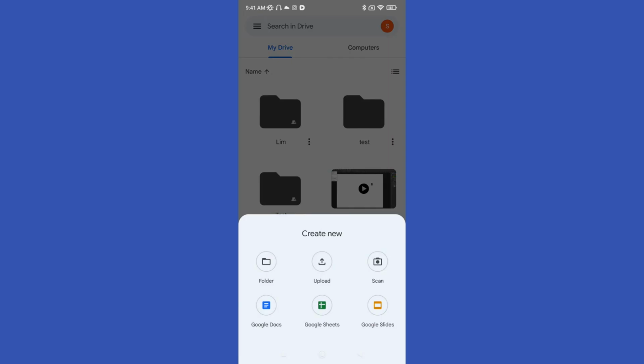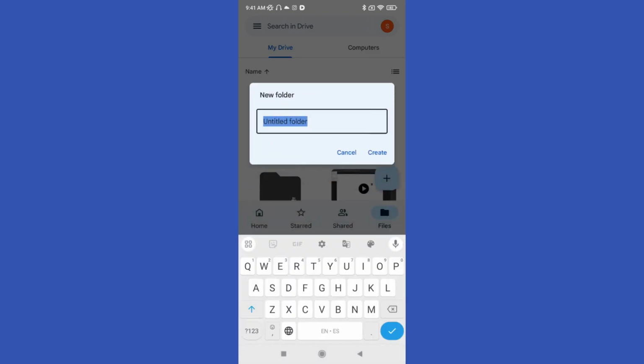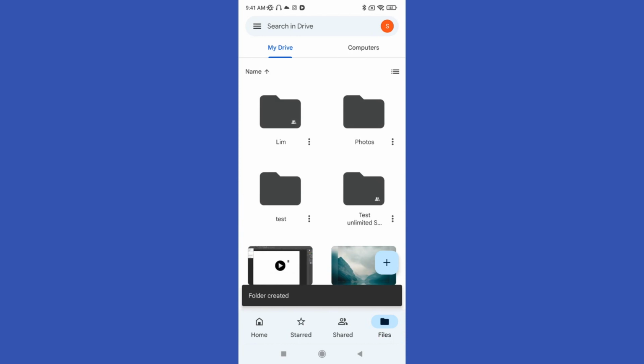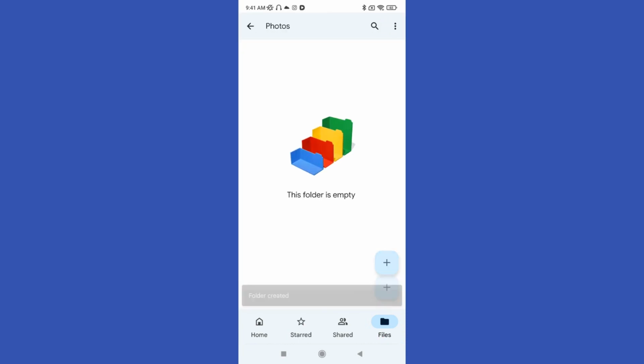So here you can create another folder. So just click in folder and you can click here, for example, photos. Just click create and then just go to photos folder and then just click again to the plus symbol and